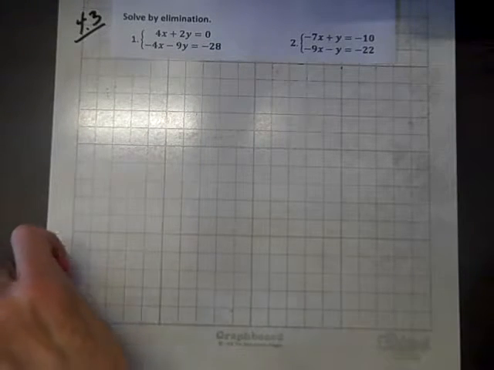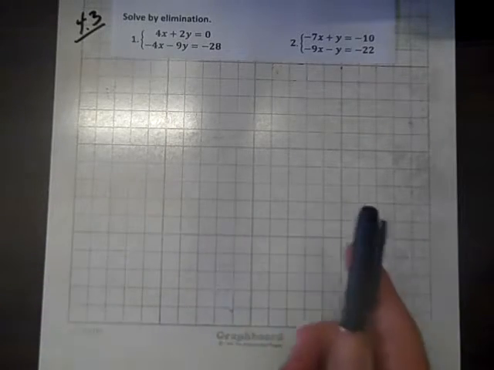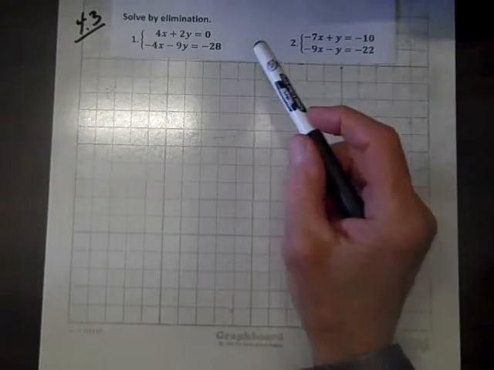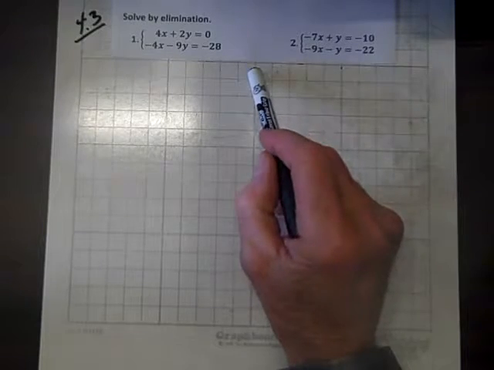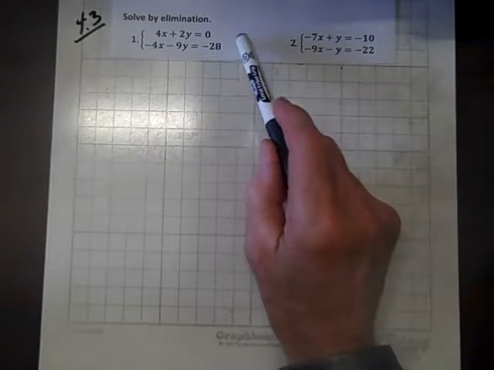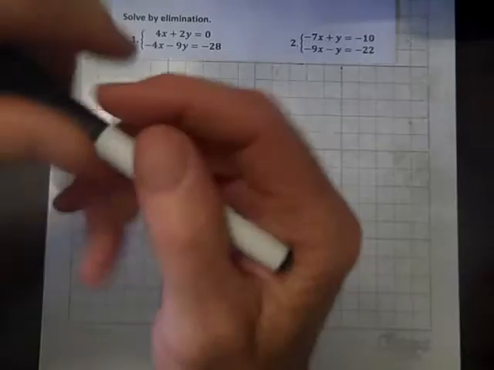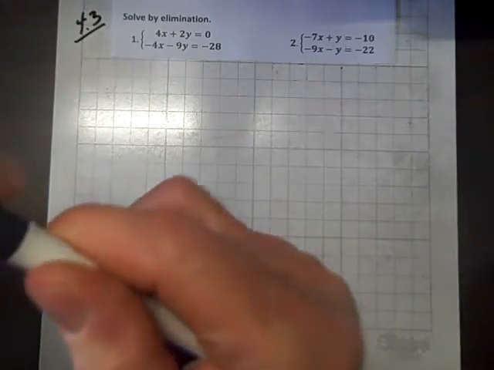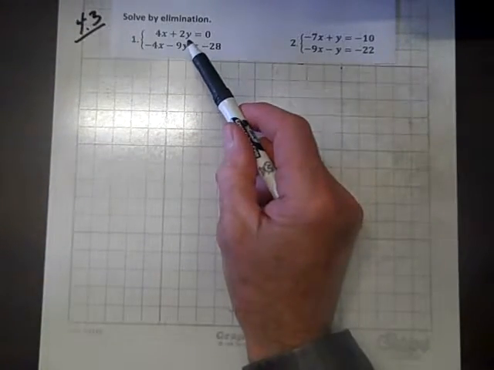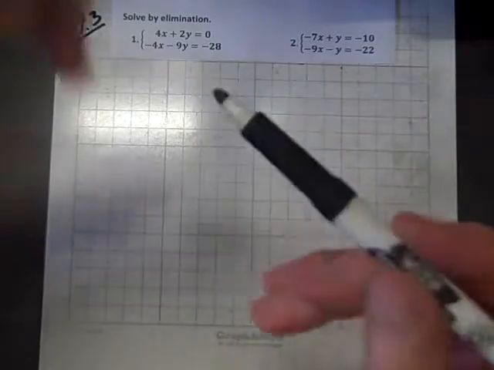Well, this is section 4.3, and now we're going to solve a system. Let's see, we've solved by graphing, we've solved by substitution. Now we're going to solve by elimination. So let's solve this system first. And notice we have